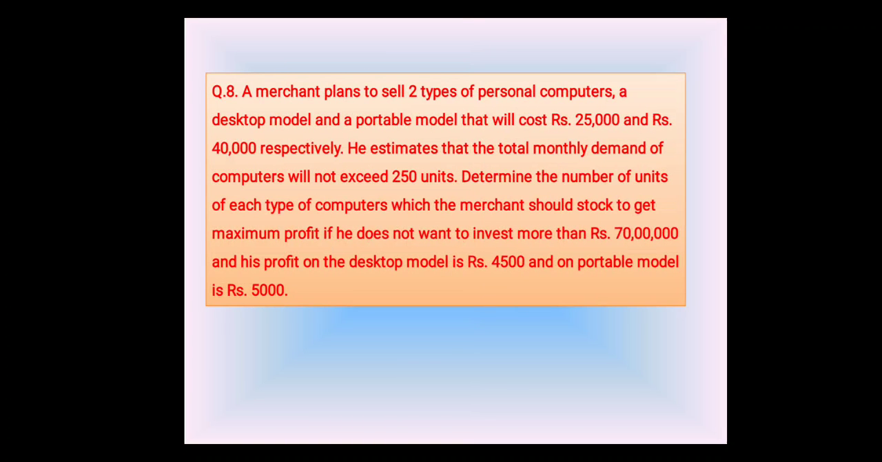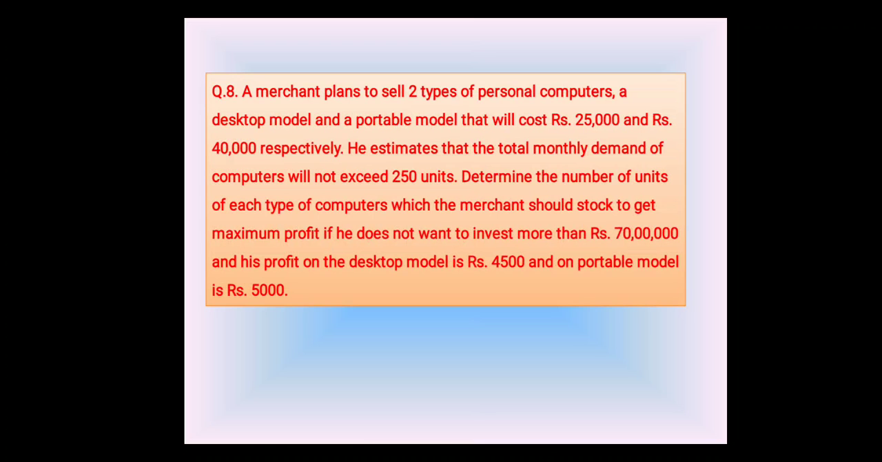A merchant plans to sell 2 types of personal computers, a desktop model and a portable model, that will cost rupees 25,000 and rupees 40,000 respectively. He estimates that the total monthly demand of computers will not exceed 250 units. Determine the number of units of each type of computers which the merchant should stock to get maximum profit if he does not want to invest